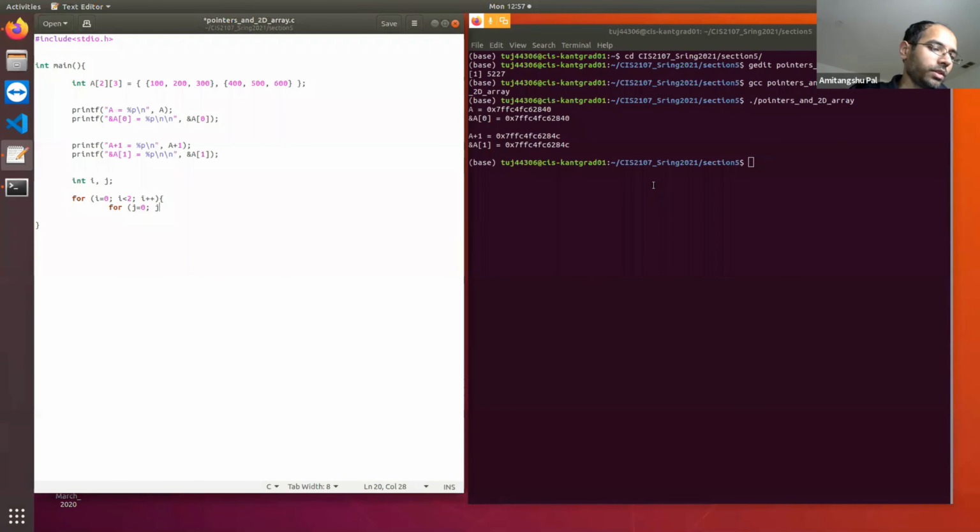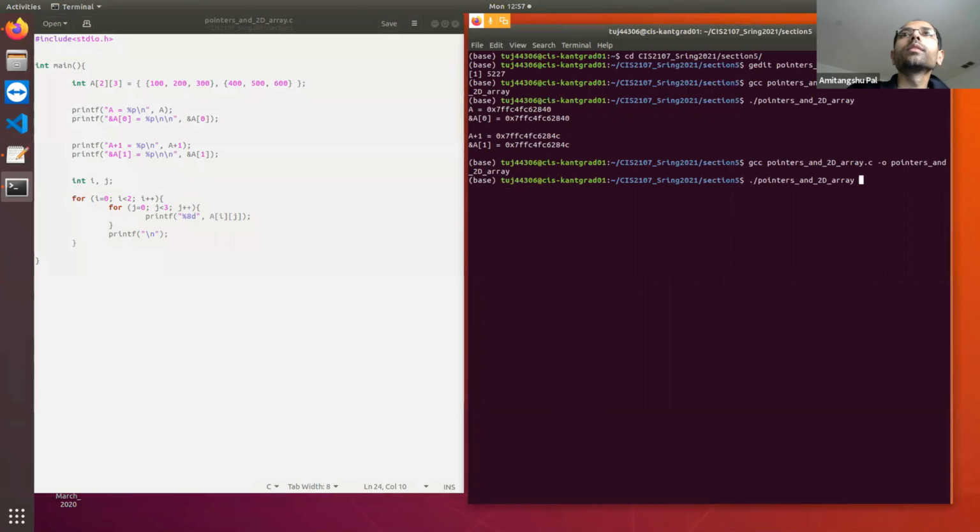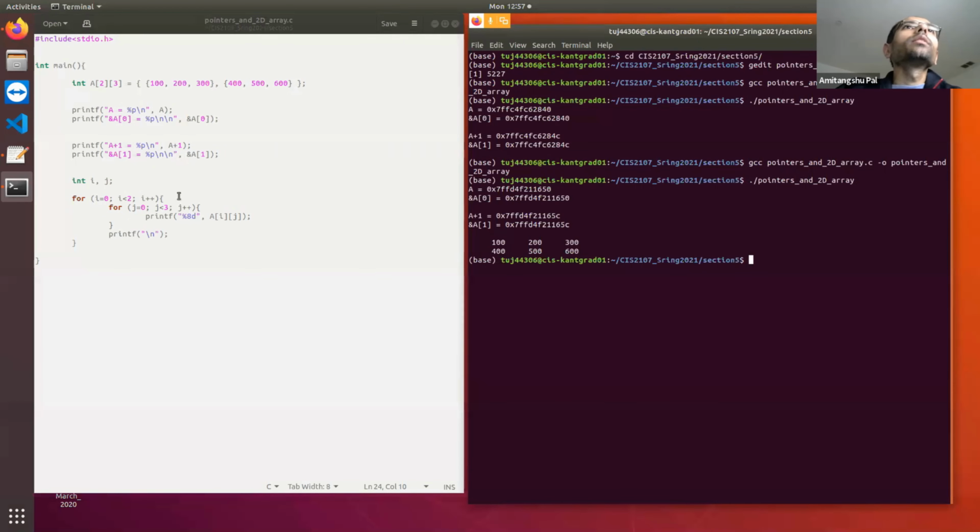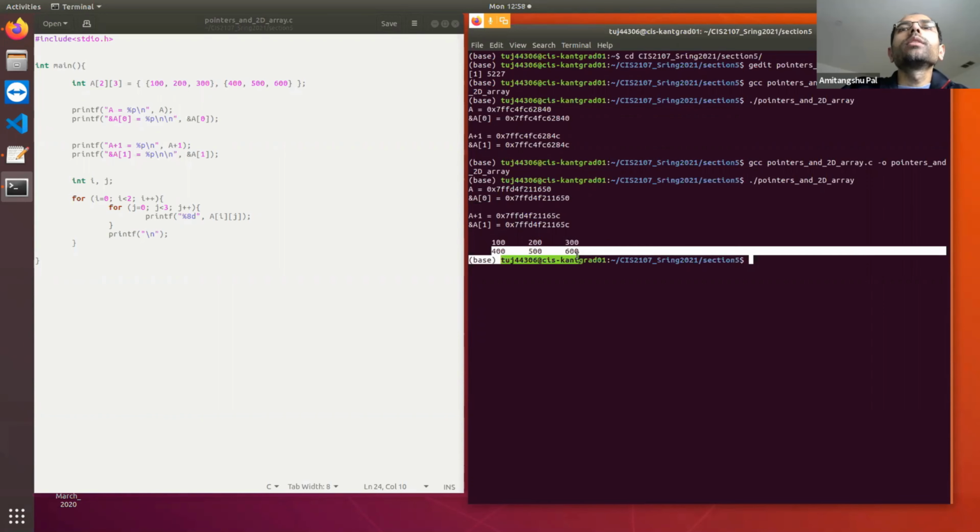J is equal to 0, j less than 3, j plus plus. Let's see whether it is printing all the numbers. You will see that the first 1D array of 3 integers is 100, 200, 300, and the second 1D array of 3 integers is 400, 500, 600.